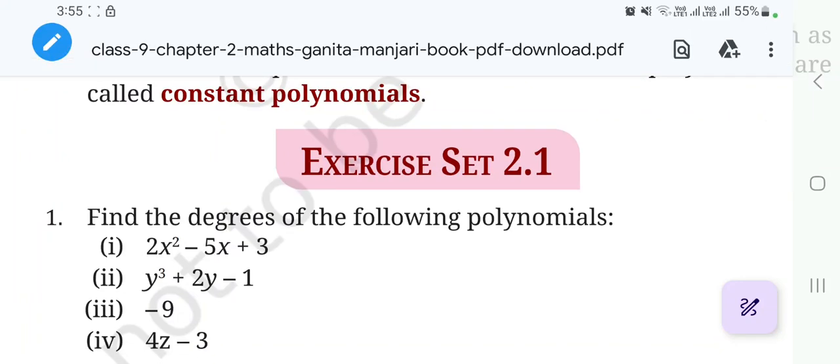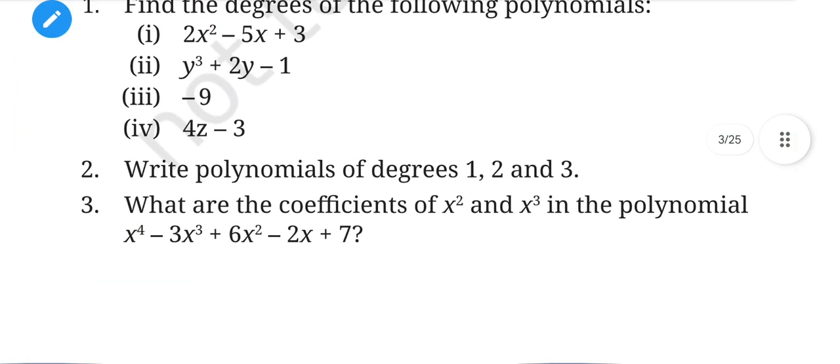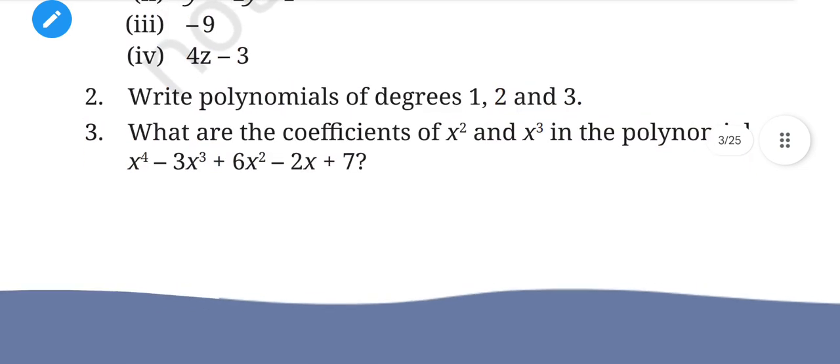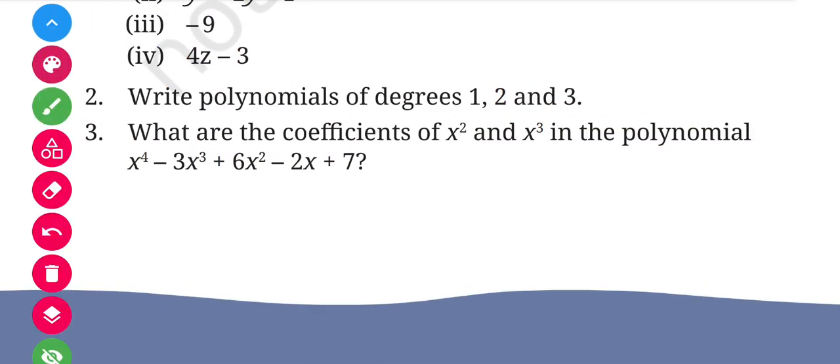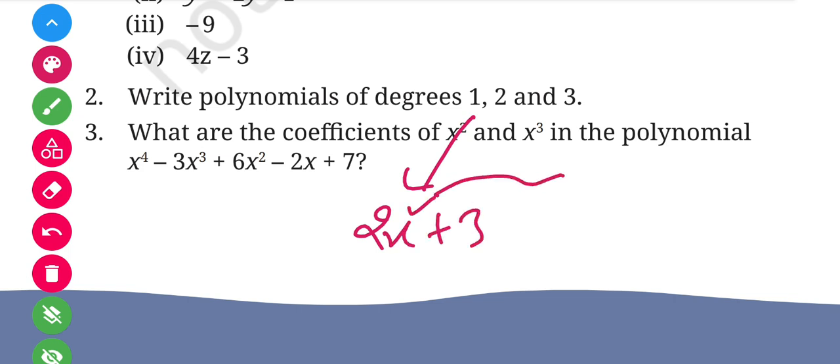एक्सरसाइज सेट 2.1 का हमारा सेकंड क्वेश्चन है, राइट पोलिनोमियल्स ऑफ डिग्री 1, 2 एंड 3। सो वेरी इजी, 1, 2 एंड 3 डिग्री पोलिनोमियल का हमारे पास हमें एग्जांपल लिखना है। लिख देंगे। देखो, अगर डिग्री 1 का एग्जांपल लिखना है तो कुछ भी लिख सकते हैं, 2x + 3। अगर आप देखेंगे तो इसमें वेरिएबल की पावर क्या है, 1, और वेरिएबल की पावर 1 है तो इसका मतलब इसकी डिग्री क्या हो जाएगी, 1।